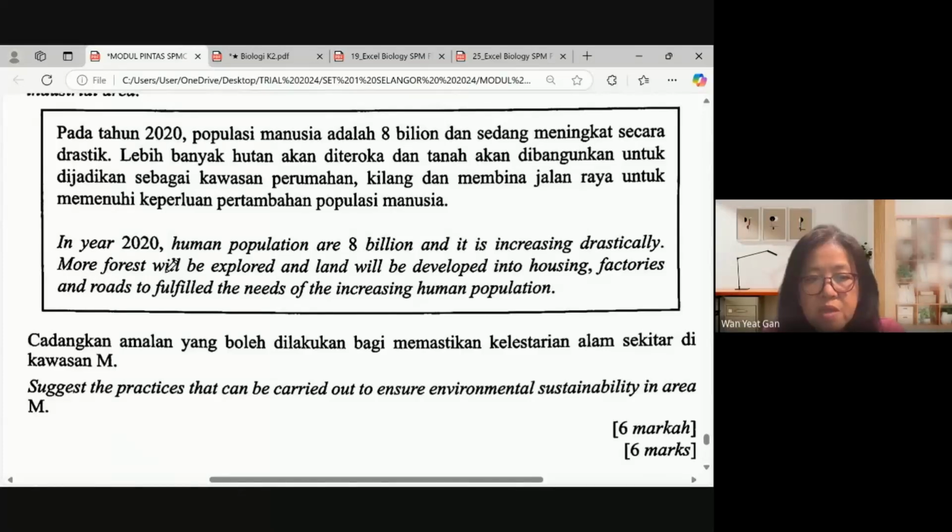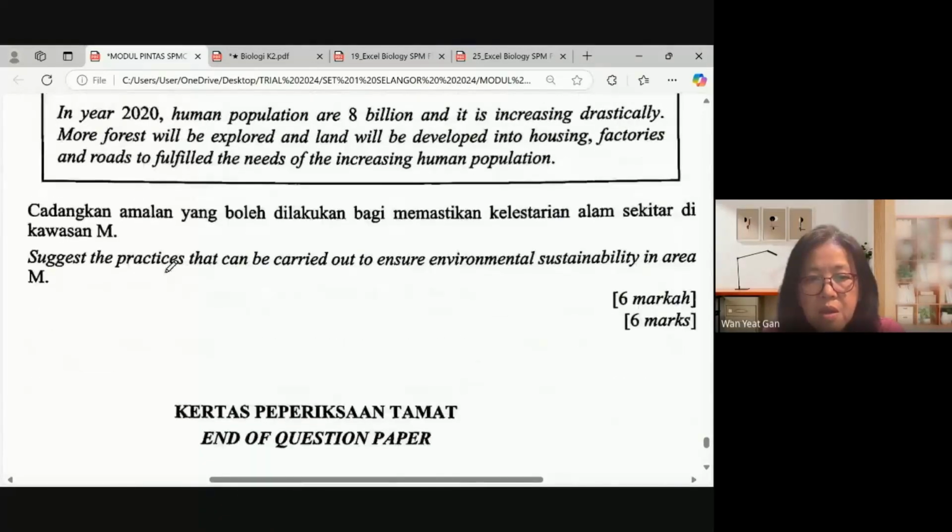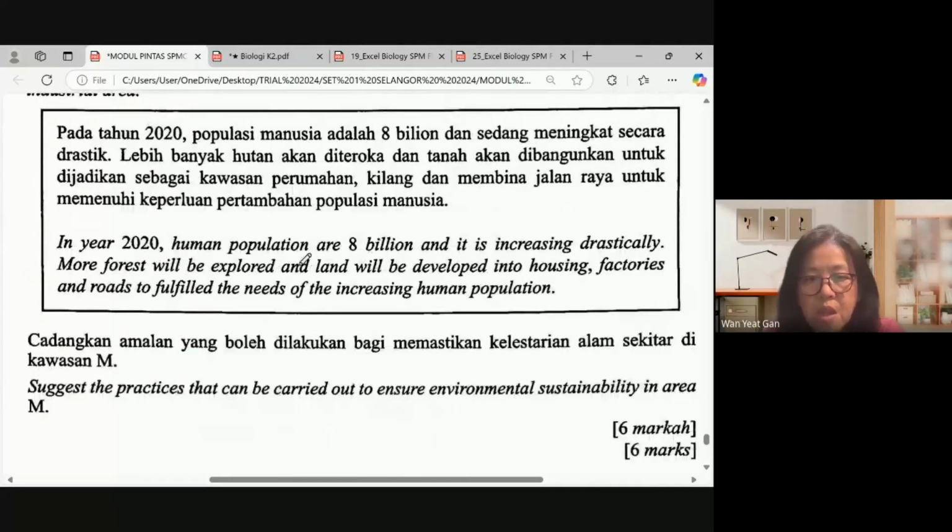In 2020, human population is 8 billion and is increasing drastically. More forests will be explored, and land will be developed into housing, factories and roads to fulfill the needs of the increasing human population. Suggest ways or practices that can be carried out to ensure